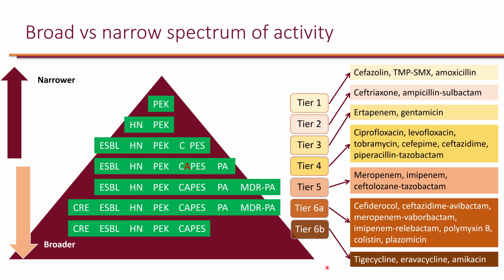So we really want to reserve these for when we don't have other agents available, because when we get infections due to CRE, we really have limited options. And by the time we get to CRE, it's really easy for these organisms to be resistant to multiple classes of antibiotics. So tigecycline, eravacycline, and amikacin, they may have activity against CRE, but they don't have activity